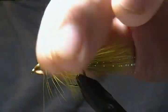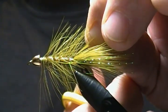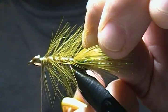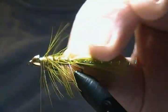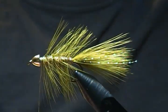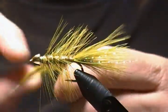Alrighty. Now come back and snip off that hackle tip at the rear. Reach in with my scissor points here and snip that out. There we go. Okay. Alrighty. Now one more step. What I'd like to do is add one more. Take another